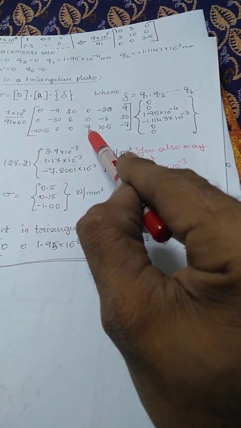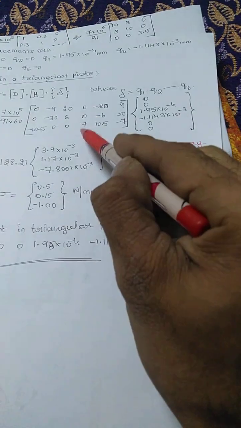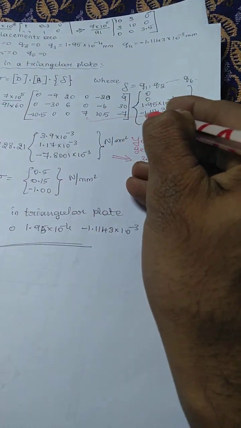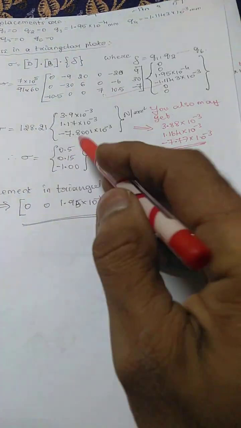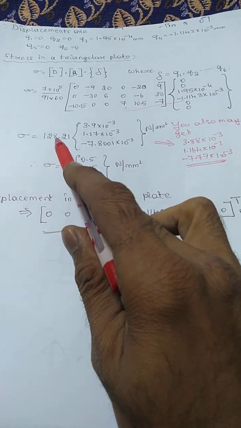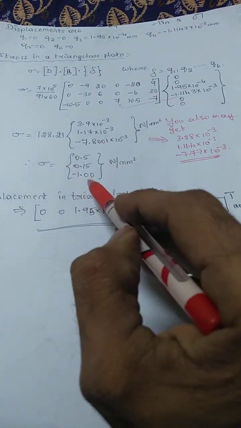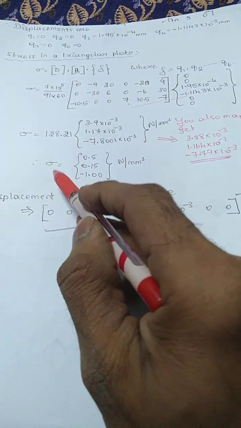So what we will get is only this one, this 7 and this 7, so you'll get this one. After that, multiply this 128.21 with this and with this,